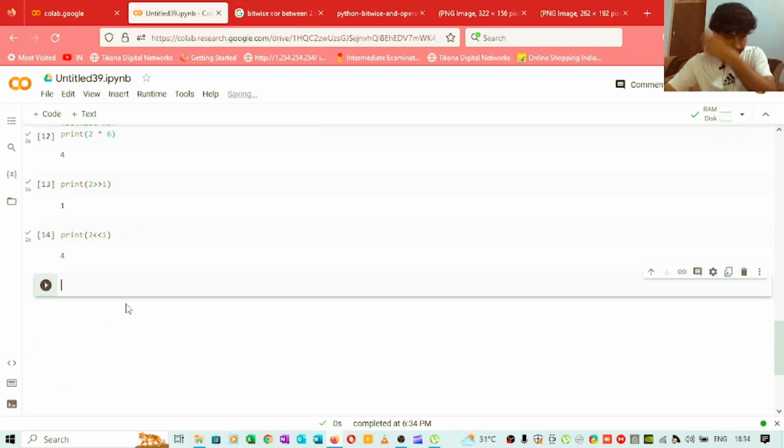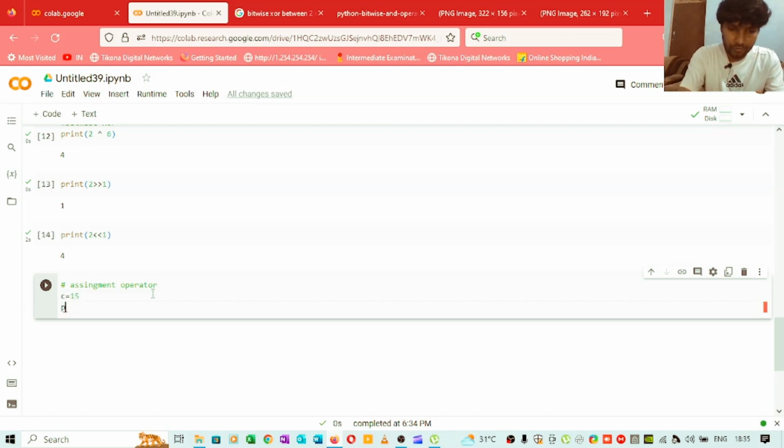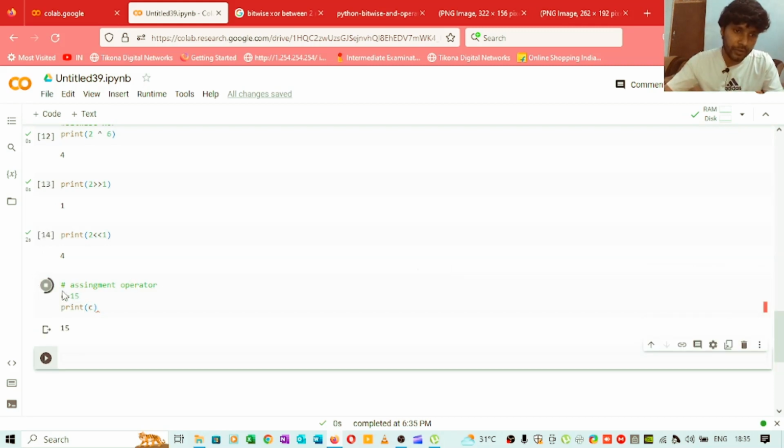And we have one more, that is the assignment operator. We know how to create variables. Suppose we are creating a variable by the name of C, and we are keeping the value as 15. Now if we try to print C, we'll get the output as 15 only. So here we know C is the variable, 15 is the literal, and here equal to is the assignment operator,